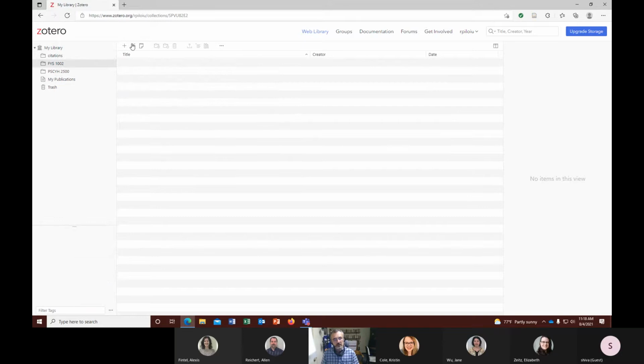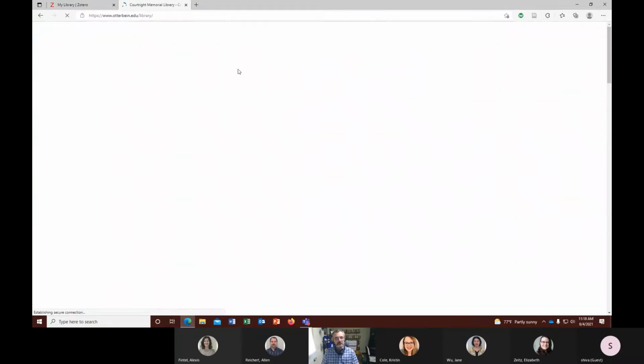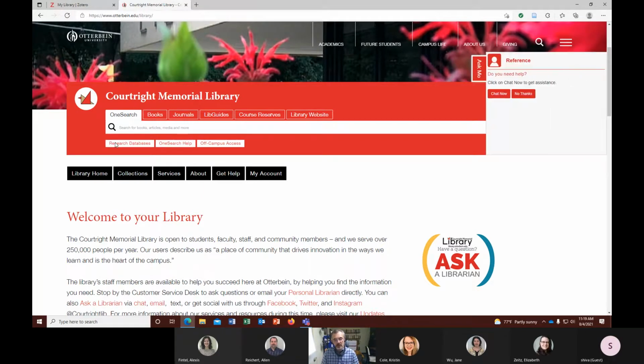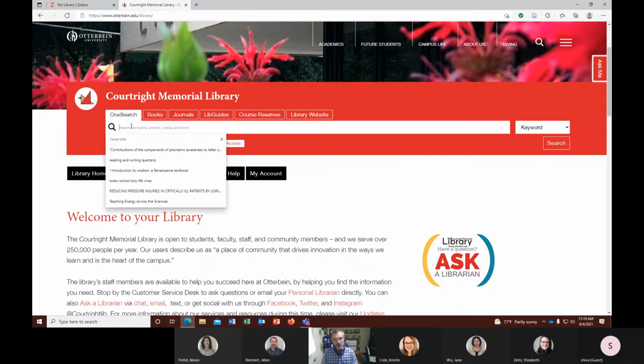Now here, looking at this, I have an empty list, but now you can start populating this list. I'm going to open a second browser here, and I'm going to show you this. It's easy to use all these options. So one search works very well. Research databases, most of them communicate very well also with Zotero. The library catalogs, OhioLink and OPO, also communicate well with Zotero. So pretty much whatever you want to teach the students, if you want to do a one search,